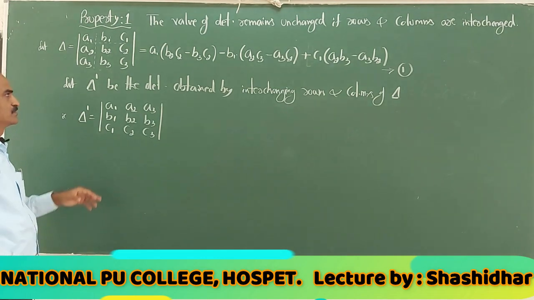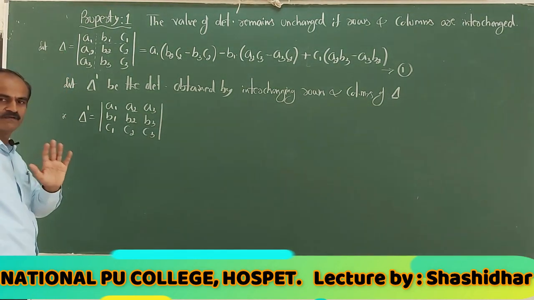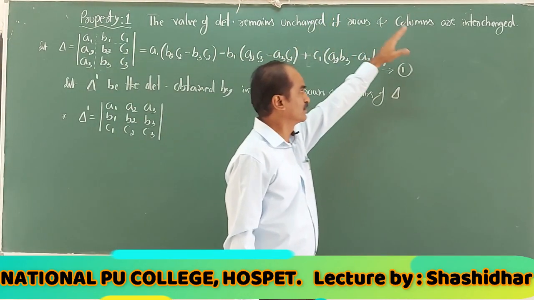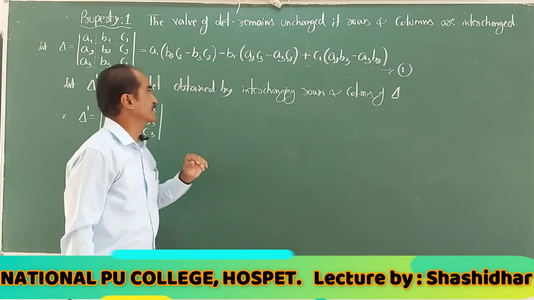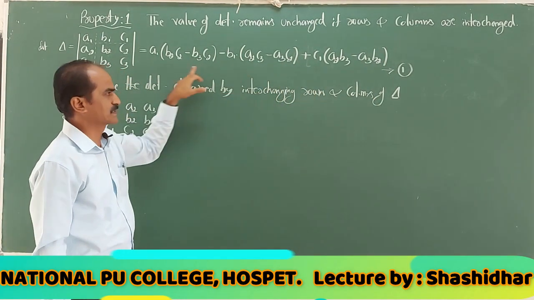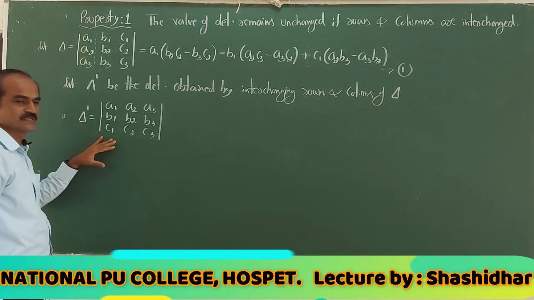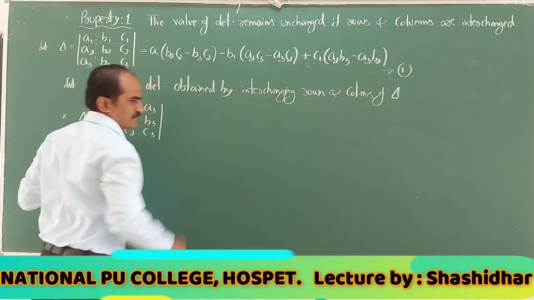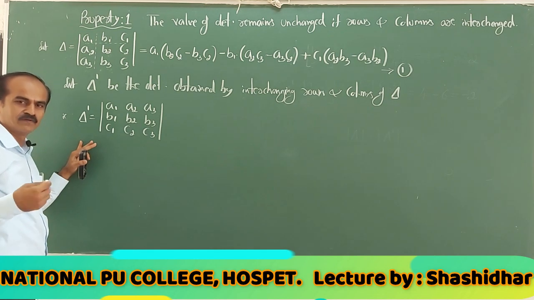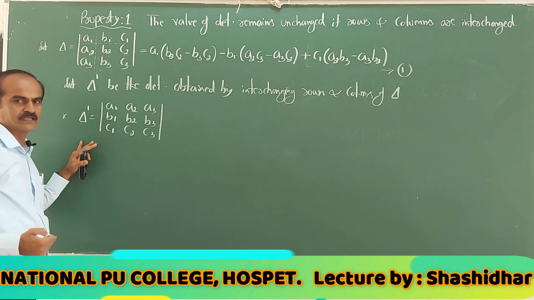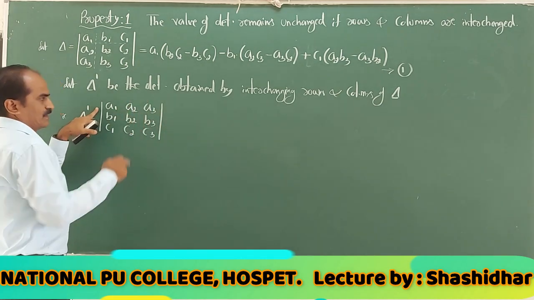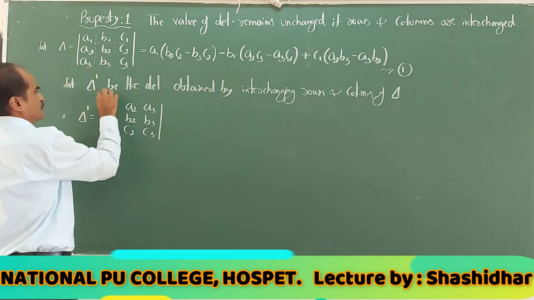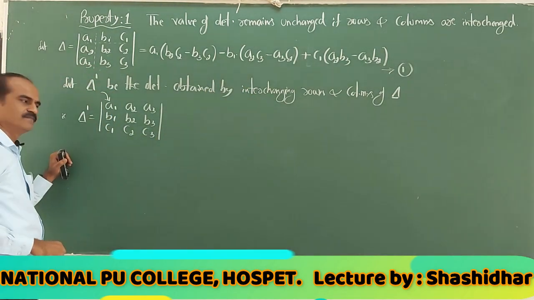Now my job is to show that these delta and delta dash values are one and the same, because the value of a determinant remains unchanged even though you interchange rows into columns. First I consider delta, evaluated, this is the expression I get. Now I interchange rows into columns, this is the determinant I get. I have to show this delta dash expression is the same as this. As you know, you can expand the determinant using any row, any column. I can expand by first row also, but after expansion I have to arrange the expression in this fashion. So, to make it easy, I expand by first column.